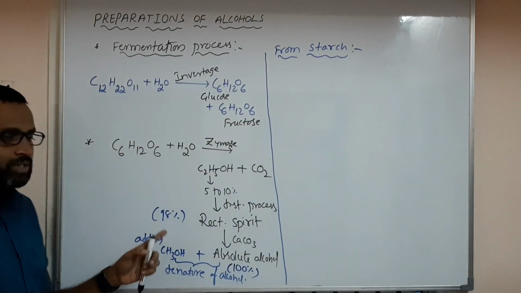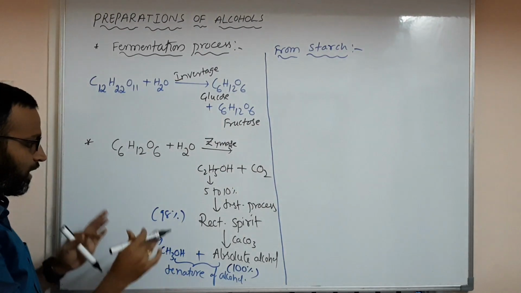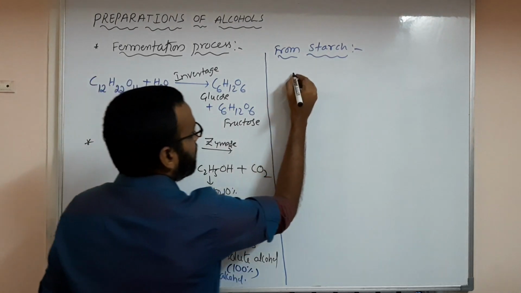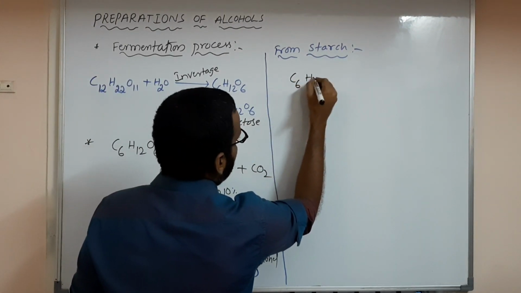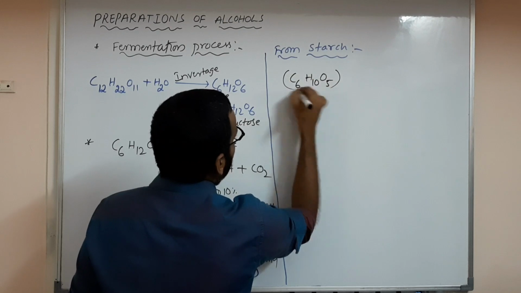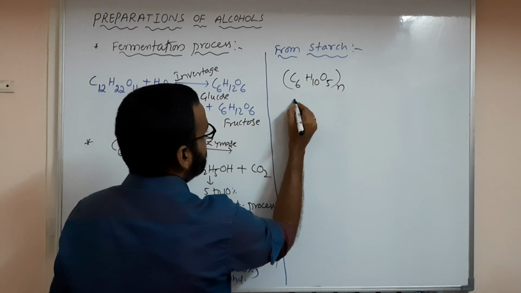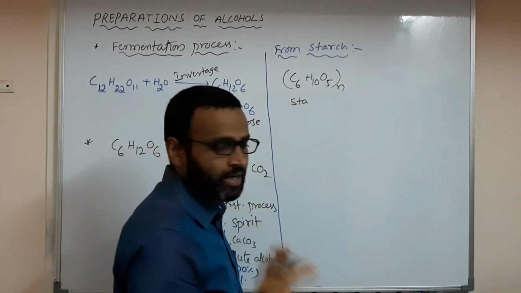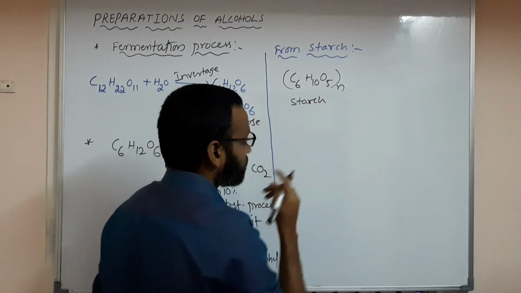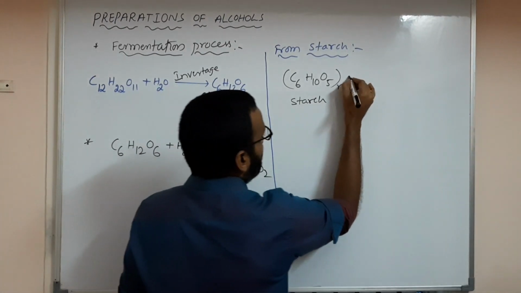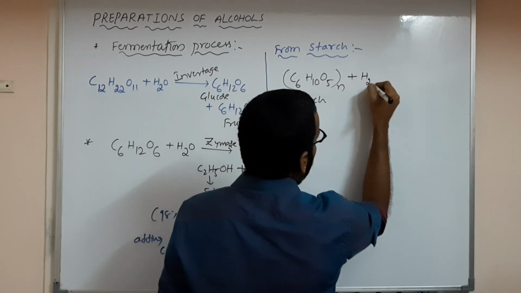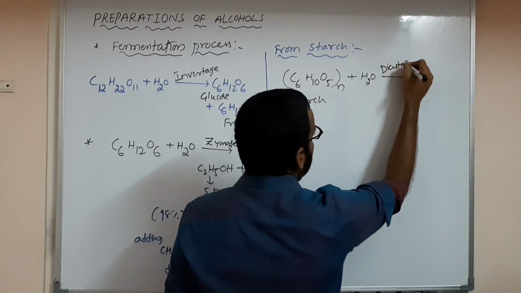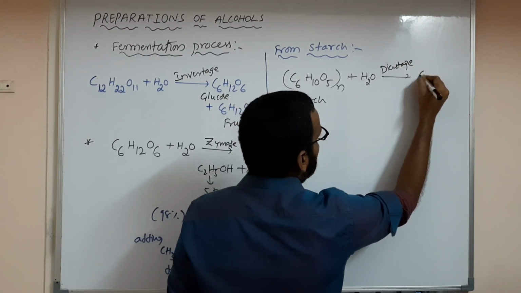Everybody please note this down so that you have no need to look at it when I am explaining from starch. Starch is (C6H10O5)n. So this is called starch. Starch is a polymer of carbohydrate actually. This starch on hydrolysis, that means decomposition, in presence of diastase, converts to